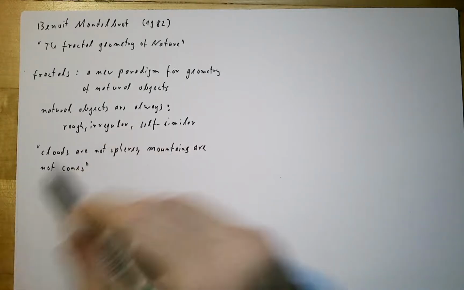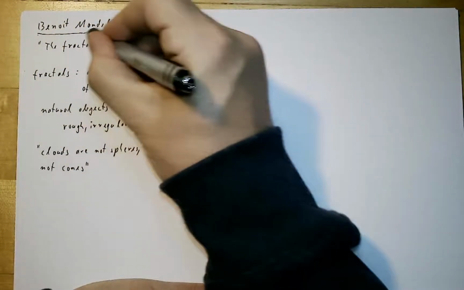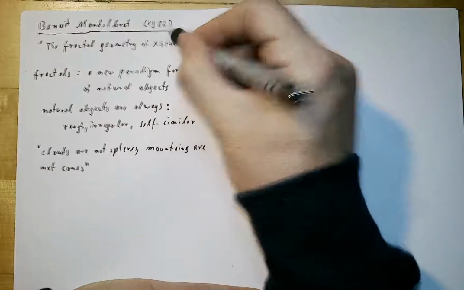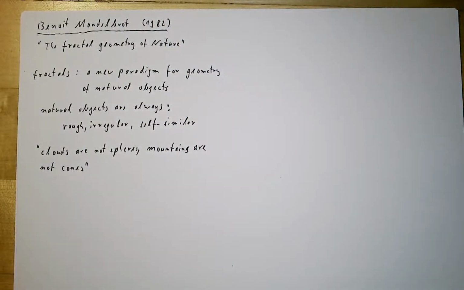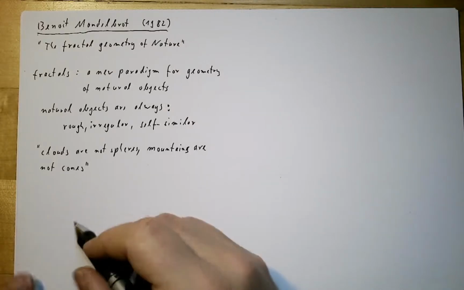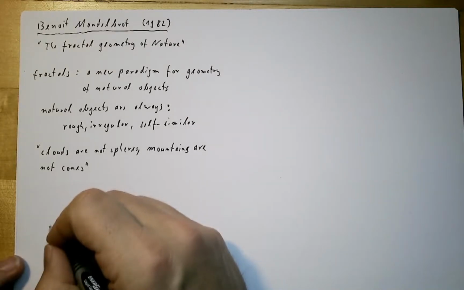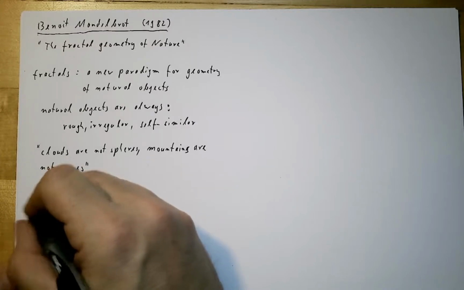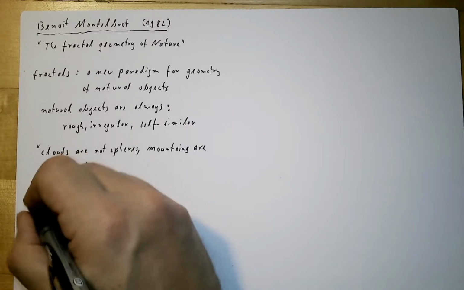What Mandelbrot basically said is that we learn classic geometry in school, which has not so much to do with the reality of physical objects. And now when you look at nature, you see fractals everywhere,